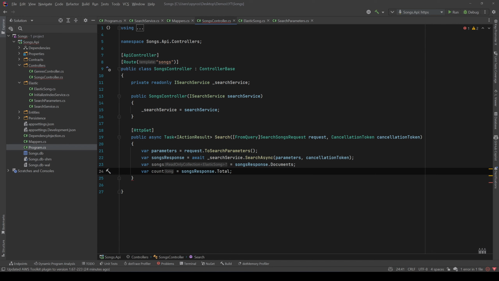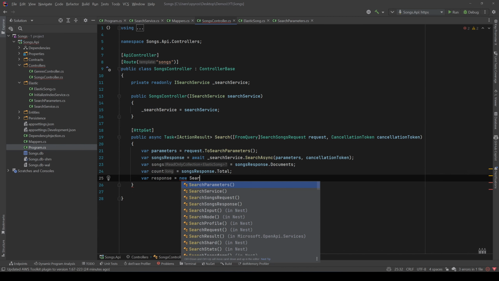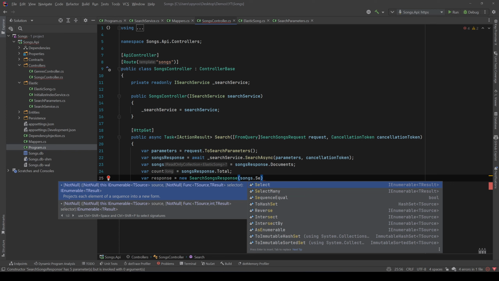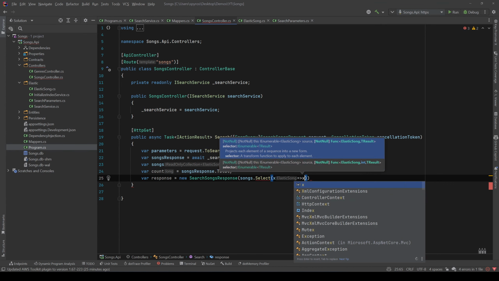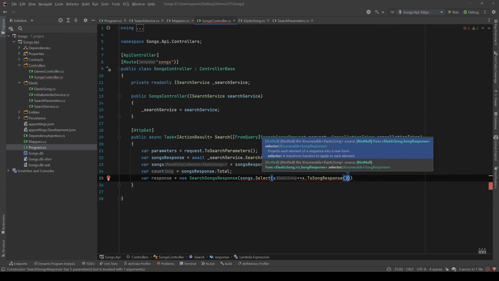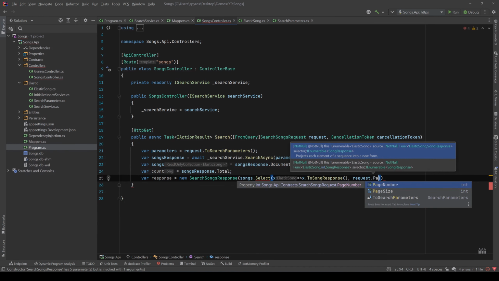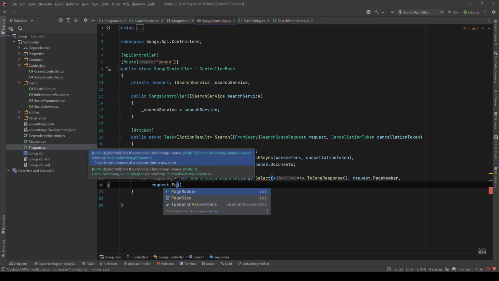and that would be the total match that we have in our documents, not the one that we take using the take method. So we don't need to do two calls to Elastic, one for the count and one for the documents. And now let's create our response. So var response equals new SearchSongResponse. And now in the songs we need to map them into song response. So let's say select x.ToSongResponse. Now we also need the page number. So request.PageNumber, the page size, the count,